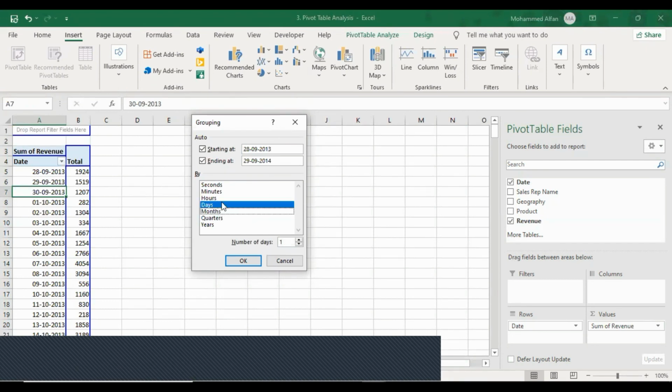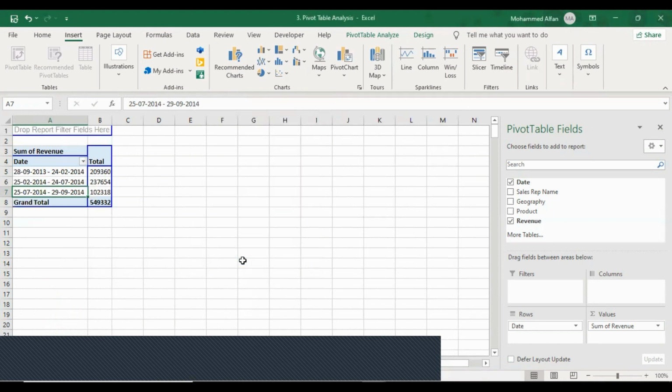Here, set number of days as 150. Click on OK. You understood the logic. And again, if you want to generate only the quarter and the year